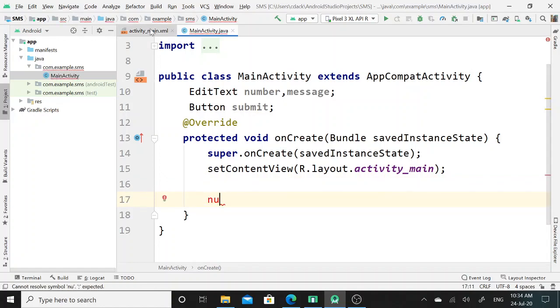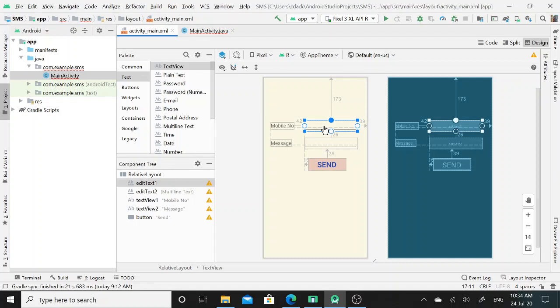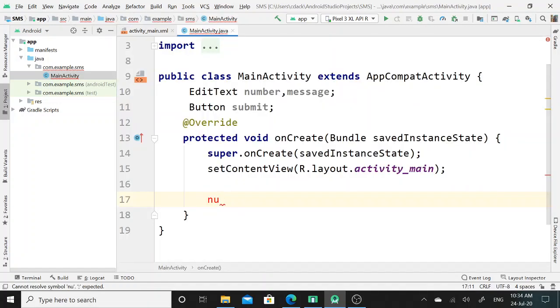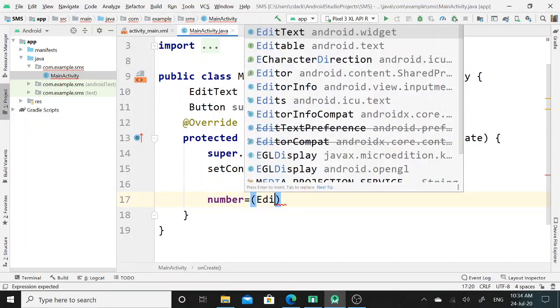Again I will assign its ID, that is edit text 1 and edit text 2 ID, to the respective reference of the edit text class. So again I will call here the reference of number. Here I will perform typecasting methodology.